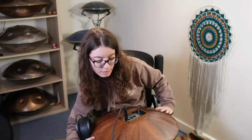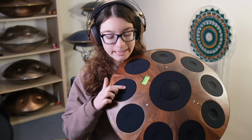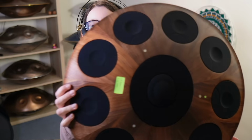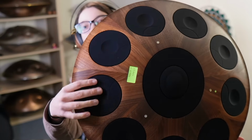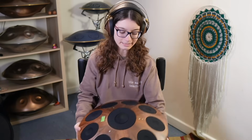So, let's talk about the actual playing of it and what that feels like. Now, what you might notice if I show you up close is that each of these tone fields, and this is the mutant version of this instrument, has an extra little tone field within it. I'll show you that closely. So here's the main part, and then there's this little extra part here. What that does is they act as almost like bottom notes on an acoustic handpan. So I can play